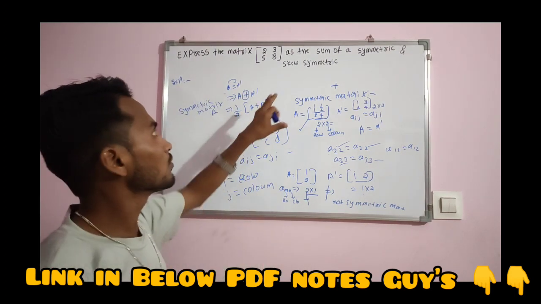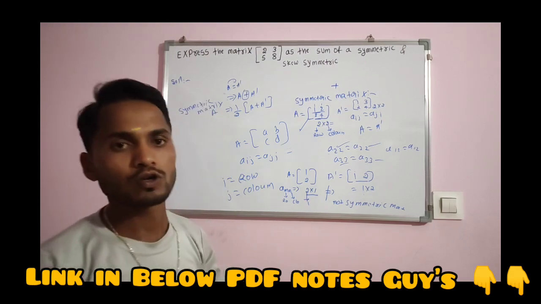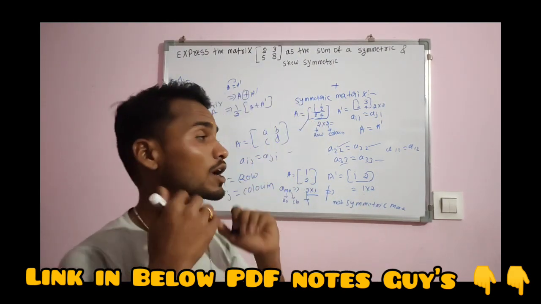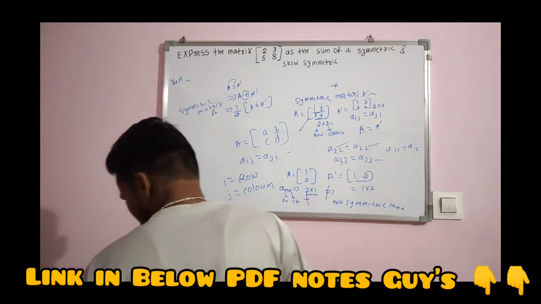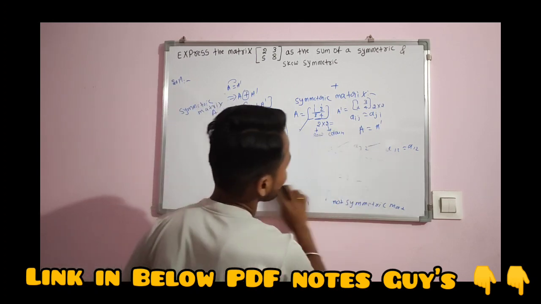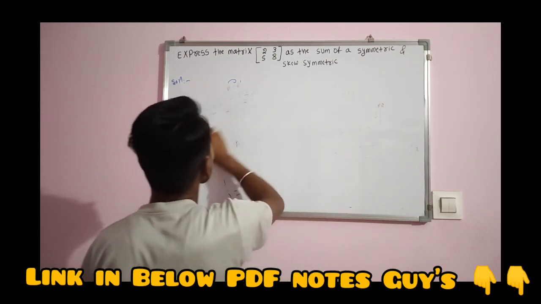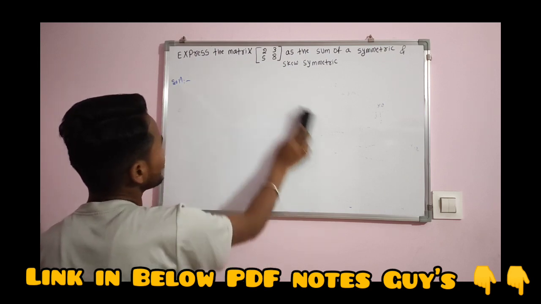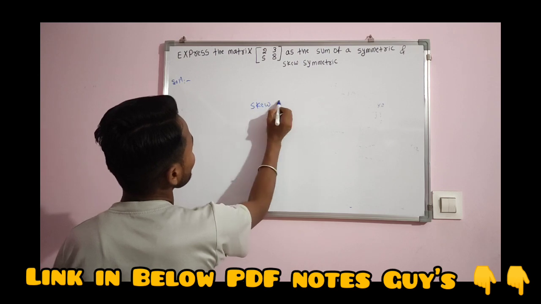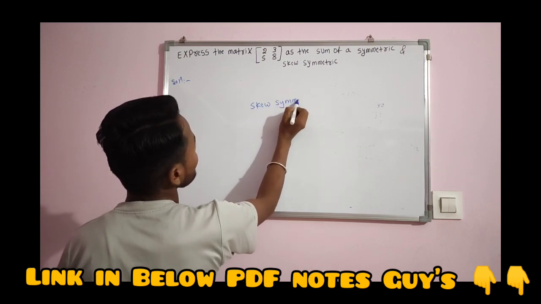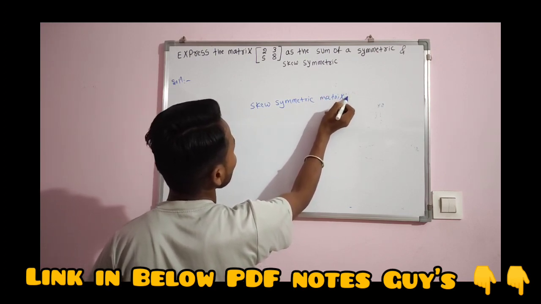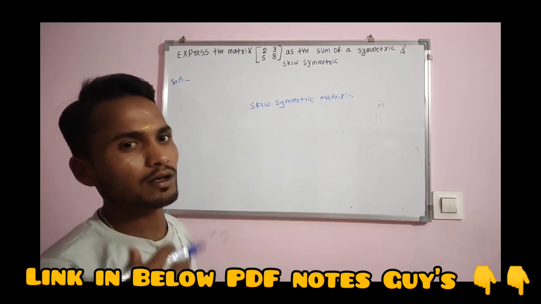Another one you have to understand is the skew symmetric formula. Skew means interchange, so you have negative transpose. Understand here only, so listen carefully, students. This is the skew symmetric matrix. Already in the previous class you have understood skew symmetric matrix, so in the second part I will learn about this.